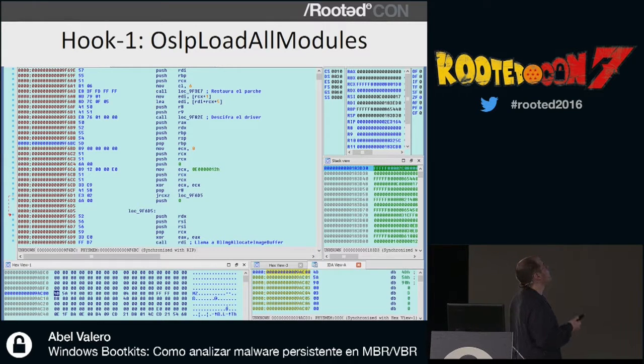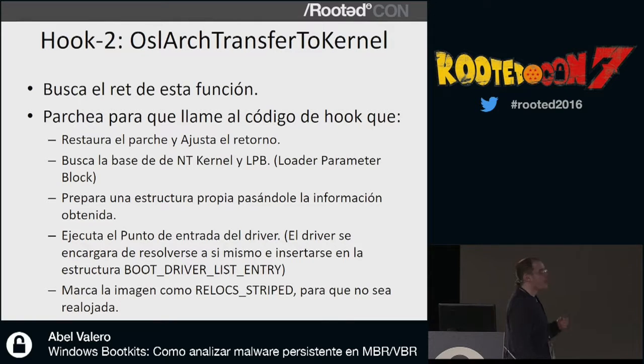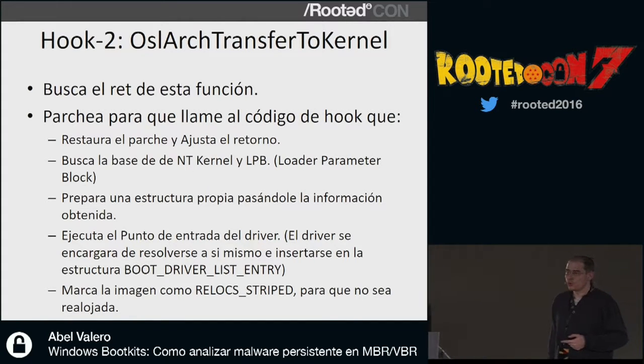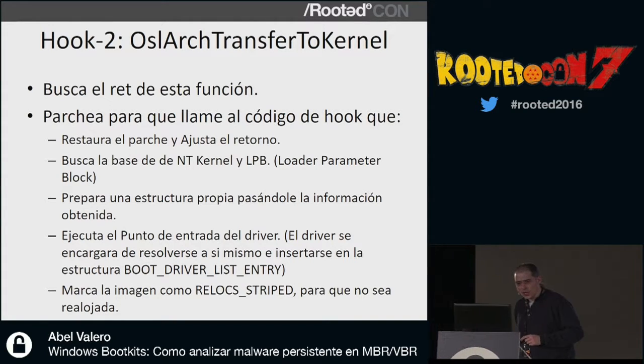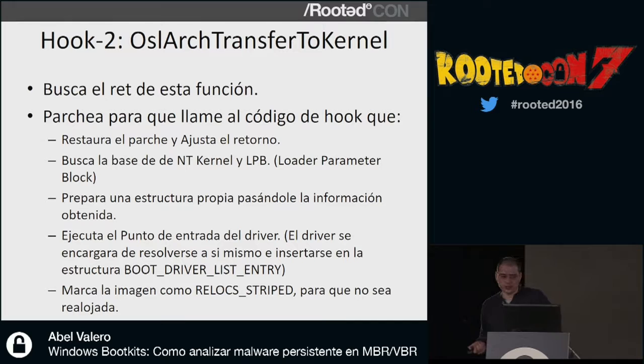Here you can see the code. It restored the patch. It looks for a certain value and calls a located boot manager buffer. This is what's going on. This is the parameter indicating there is a resetting of memory in the kernel nucleus. There's the remaining hook established, which is going to take the control before Windows takes the control. Once this jump is executed, we will have the kernel core being executed and initialized.